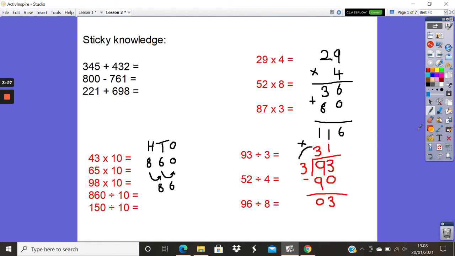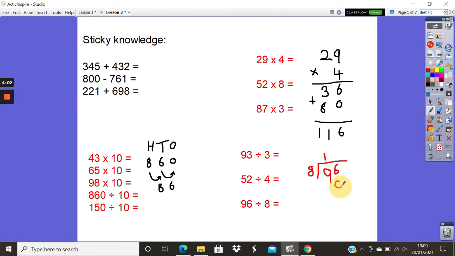Okay, let's try one more and then you can try the last one on your own. So we will do 96 divided by 8. And then you can have a go at 52 divided by 4. So again, I'm going to write 96 divided by 8. Okay, how many 8's go into 9? 9 isn't in the 8 times table, but we know that 8 is. Okay, and 1 8 goes into 8. So we've got 1 up here,